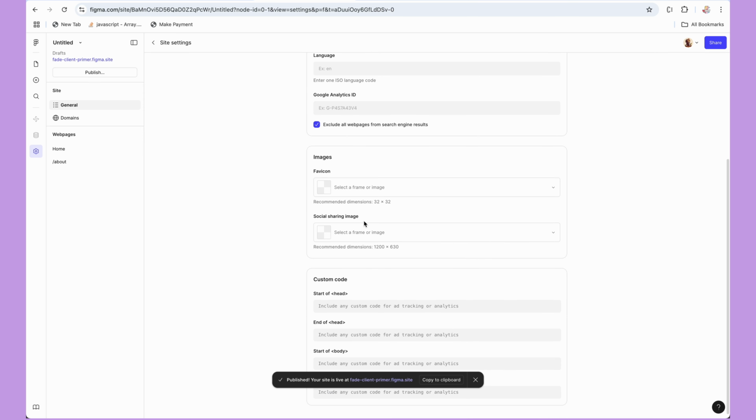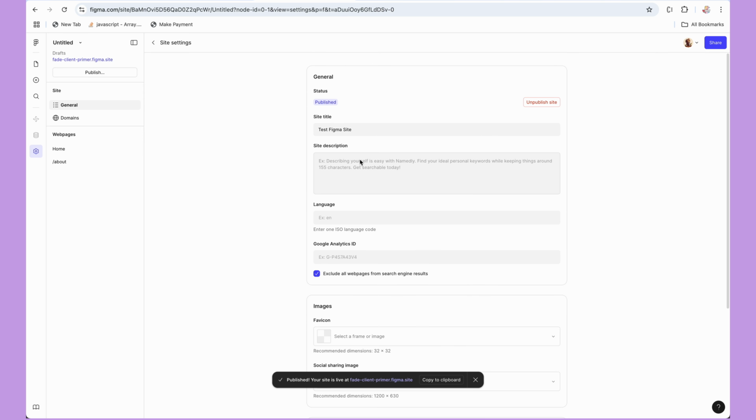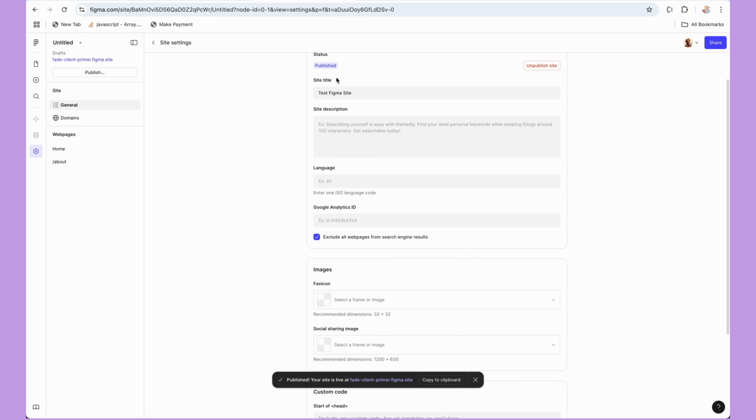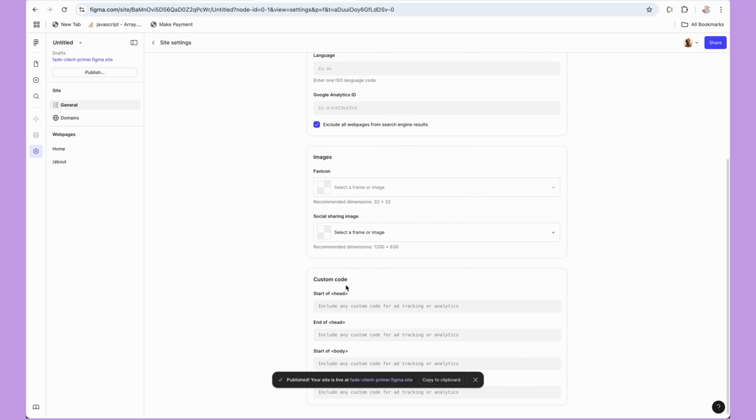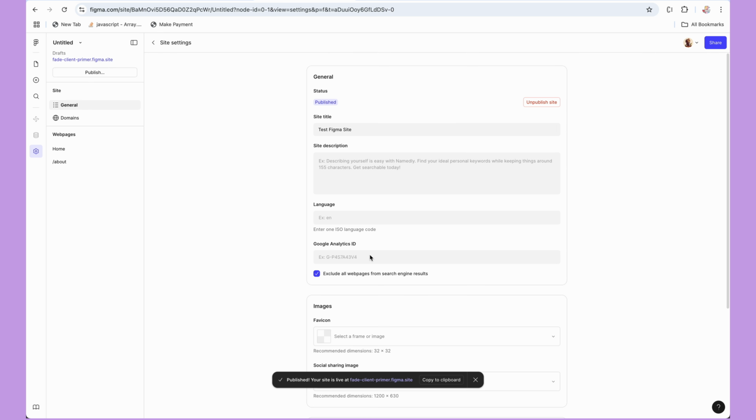And you can add all the metadata for SEO. So for example, site title, site description, which helps you with better search engine optimization. You can include a favicon, social sharing images, and then custom code if you want to add any third-party analytics like Microsoft Clarity or any other tools. You can simply add them as well. You can enter a Google Analytics ID as well. So you can just get a Google Analytics ID from Google Analytics and paste it here, and then you can track the behavior of the users on Google Analytics for the site, which is created in